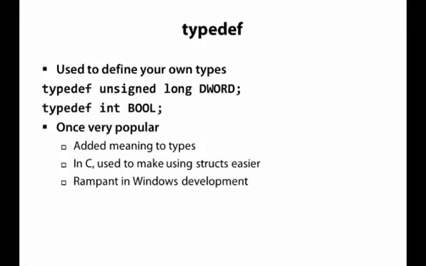It was really popular, especially in C, when if you wanted to define a struct, you had to then, every time you declared instances of that struct, actually use the word struct. So you didn't say point p, you said struct point p. People would use a typedef to save themselves from having to type those extra few characters. But it was also done to add meaning to types.